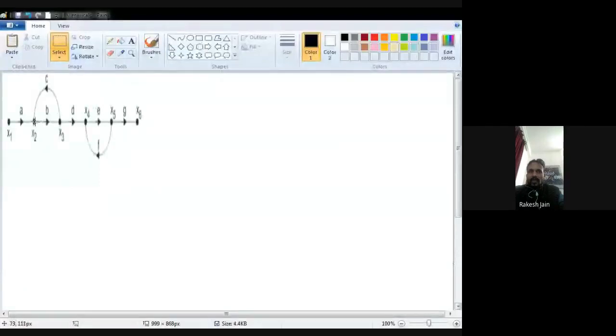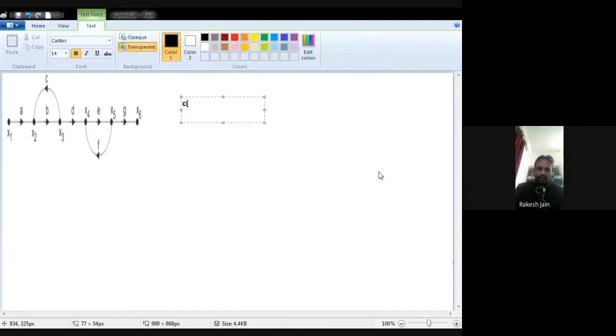So where is the closed path? In between x2 and x3 there is a closed path, where I just moved the cursor, and in between x4 and x5 there is a closed path. So this is also a loop. Okay. Now what is my question? My question is, it is a signal flow graph, and you have to find out the transfer function. What I know from the formula of the transfer function, I just write down the same thing.